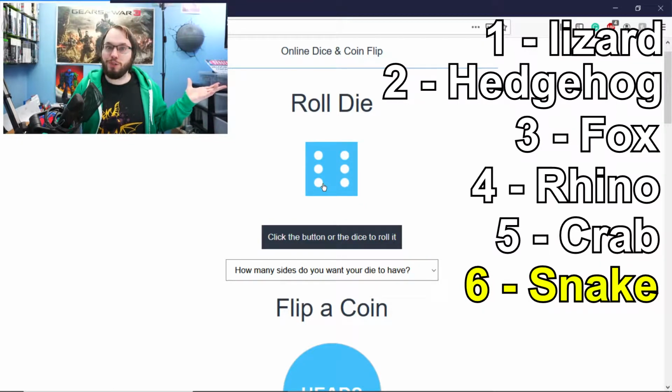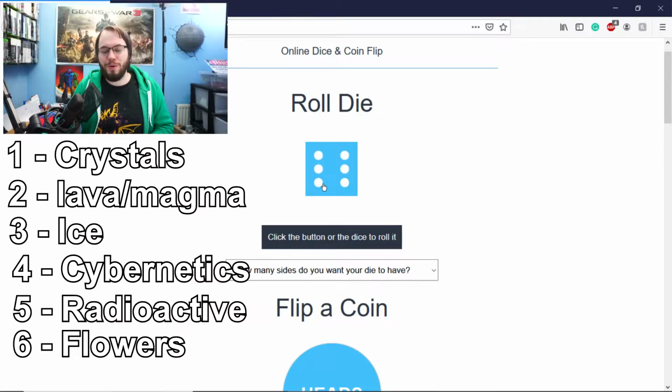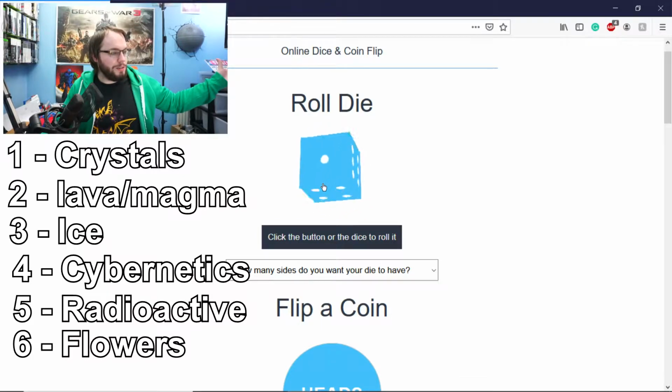Alright, that's going to be pretty interesting actually. So our creature is going to be a snake. That's going to be interesting. I do wonder what our second choice is going to be. Well, let's just jump right into it then and roll a die again. 3, 2, 1, and our element is